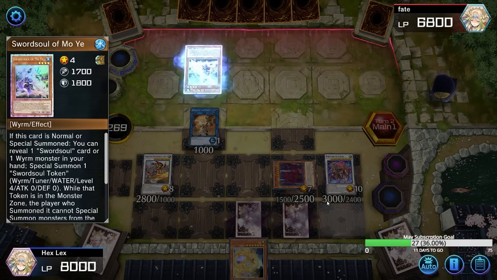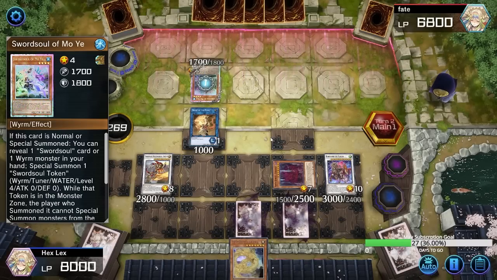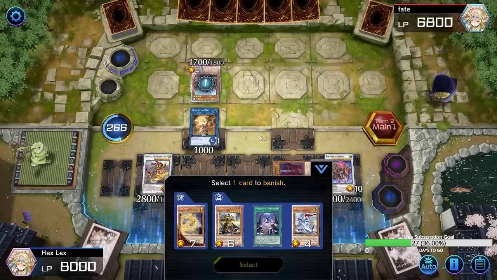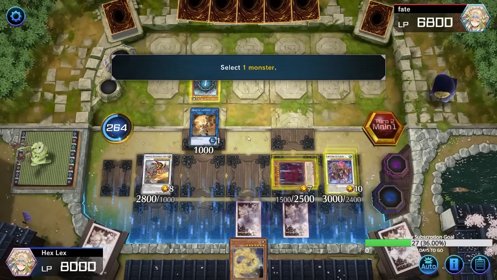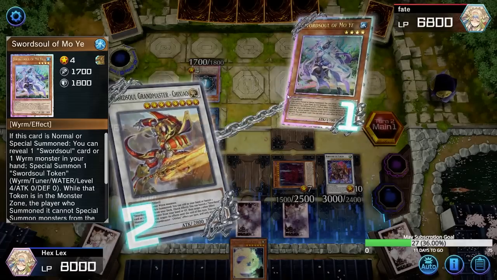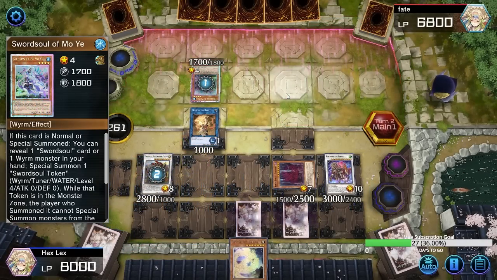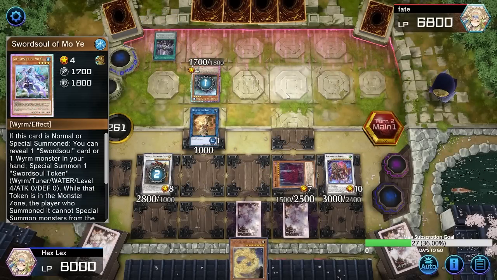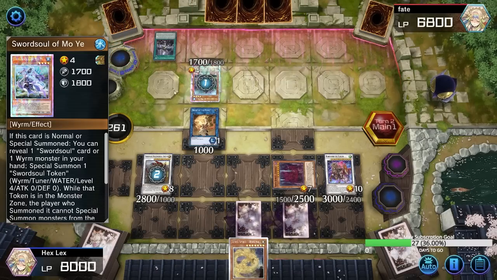Ooh, I'm jealous. They have a prismatic Mo Ye. Okay, revealing the Taia. Yep, we're gonna negate with Chi. And we can just banish the Longyuan. So they have a Droplet, a Taia, and 3 other cards. Now, unless they actually send a trap here, we can still...